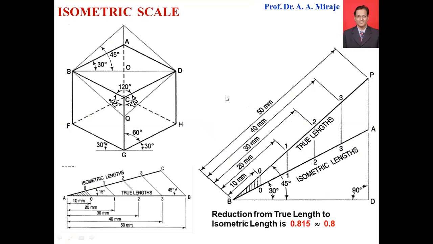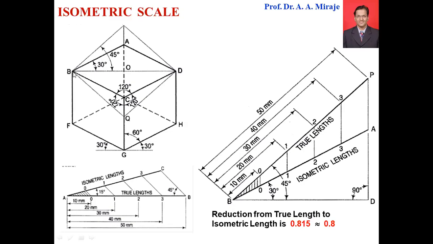How to decide what the length is in the actual drawing? Suppose this is GH, which has 100 here. The construction of the isometric scale is another important thing in isometric. So what can we do? This AB is inclined at angle 30, which we have already seen. This BO is a horizontal line, and then this line is inclined at 30. So this is the actual isometric line, known as the isometric lens.